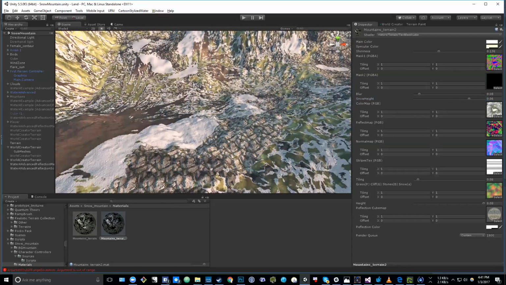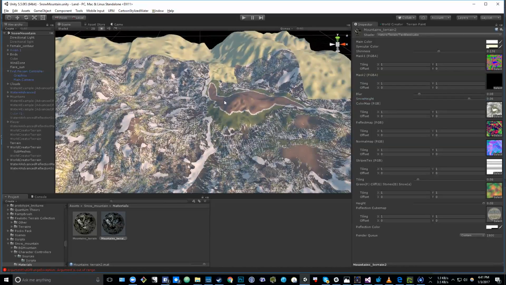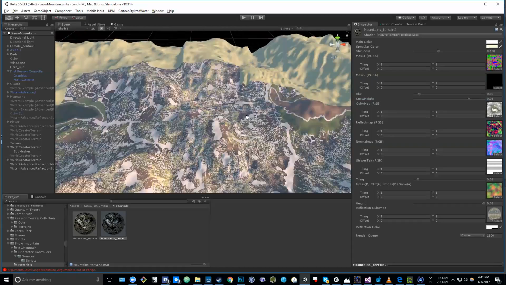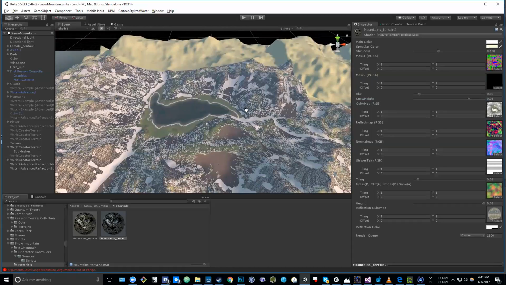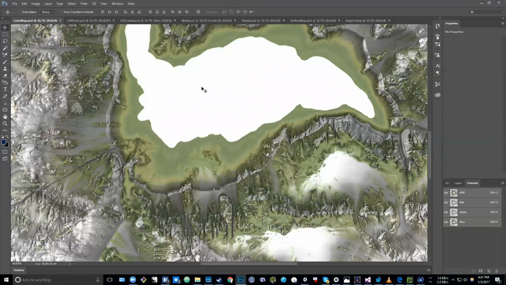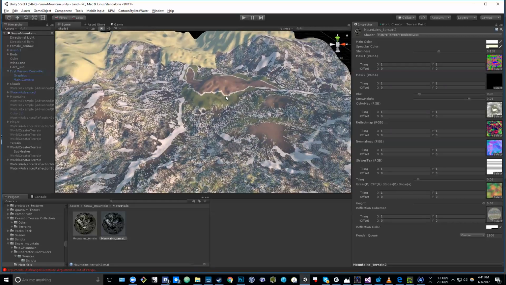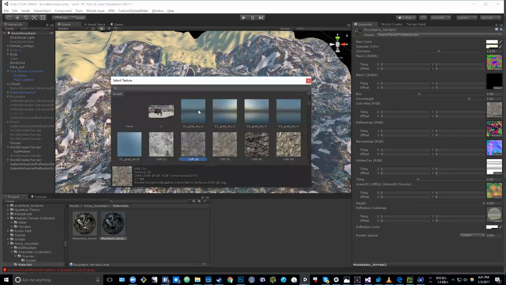There's a couple problems here though. One is that it's still using the same color map as the one on the left. You can see this gap here in the middle. That's because that's where the lake is supposed to be. But we have that here, and that's because in the color map there's this gap here. It's just showing the bottom texture, which is just brown. So if I use no color map, or I change the color map, here, if I were to change that,